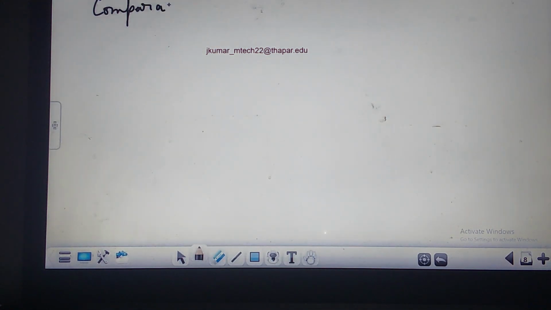A comparator is nothing but a digital combinational logic circuit which is used to compare bits. When you're talking about comparing bits, you can compare 1 bit, 2 bit, multi bits. Multi bit means a magnitude comparator. Let us talk about a 4-bit magnitude comparator. The outputs of this comparator are equal, less than, or greater than.